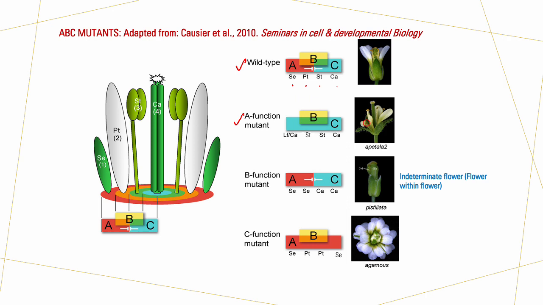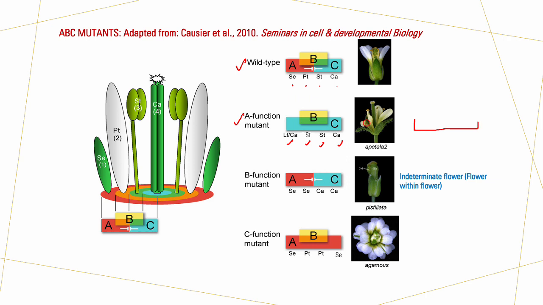So if there are no A genes, then the entire region where the C gene was suppressed earlier by A gene will actually show the expression of C genes. So the first part can either be leaf-like or calyx, leaf-like or the carpel, sorry. So C alone is for carpel. Then B and C is stamen, and then B and C is stamen, and then the last one is again carpel. So what we can see here is that in case of A function mutant, what has happened is that